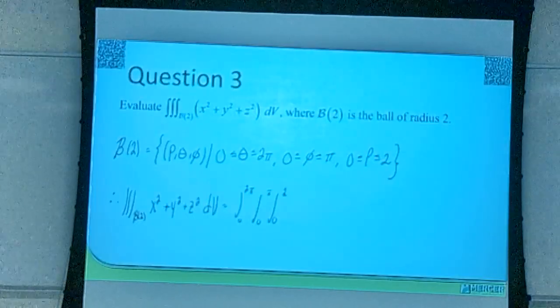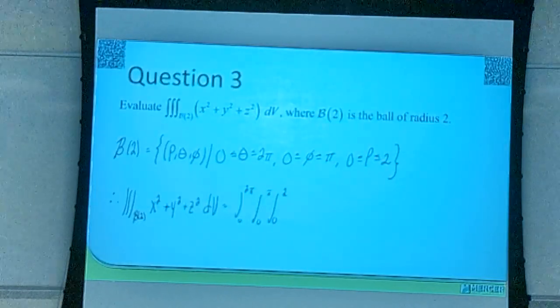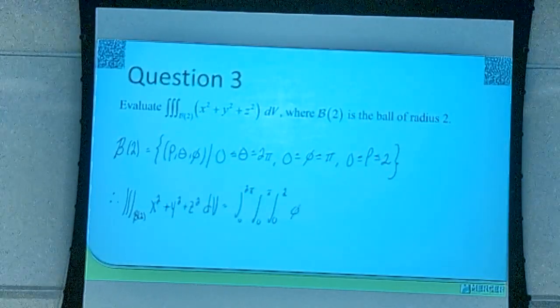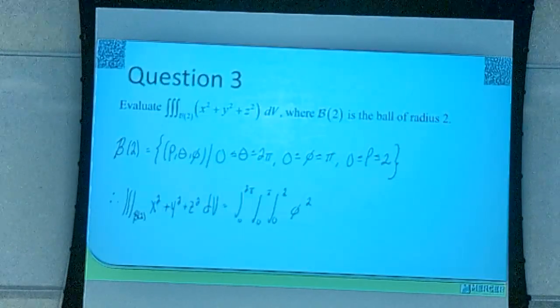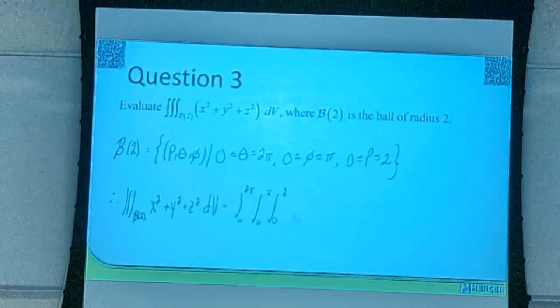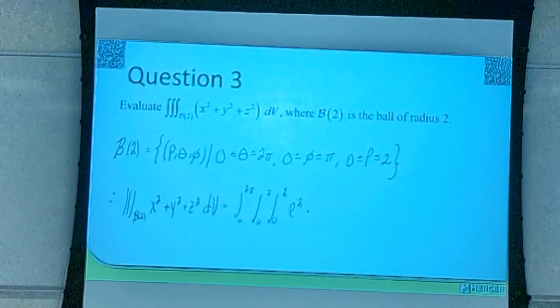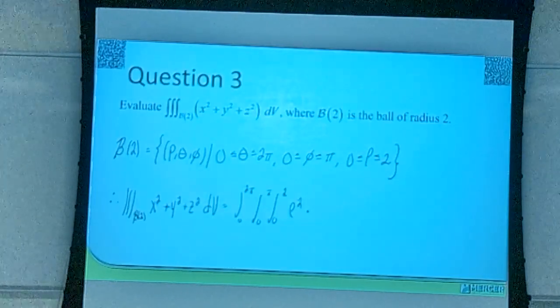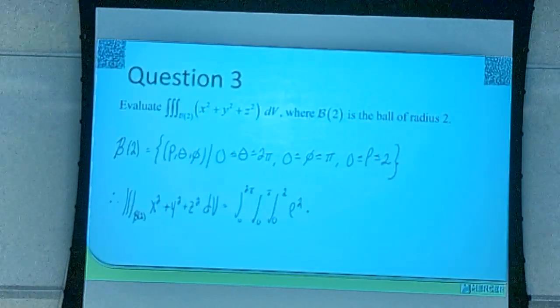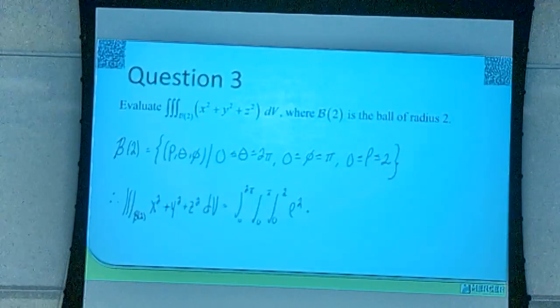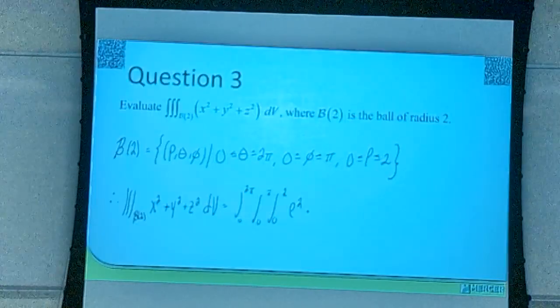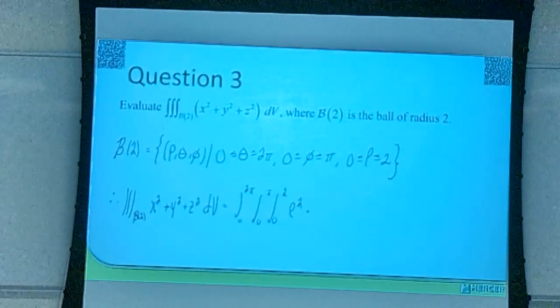That doesn't... wait, that's phi squared. Oh, rho squared. Sorry, rho squared. So, and what does the differential become? Rho d rho